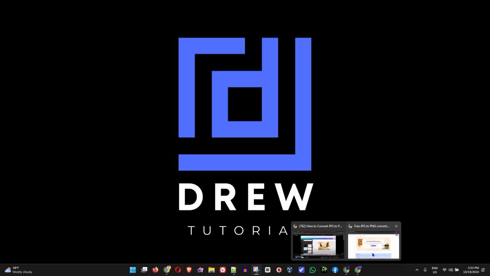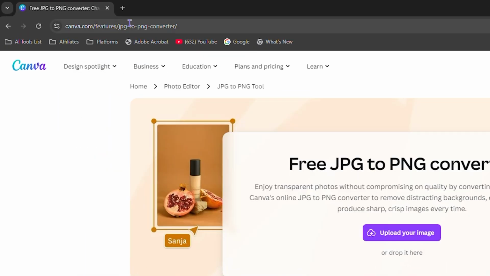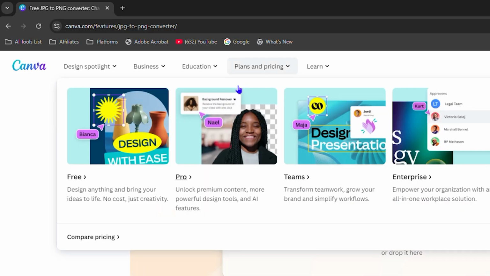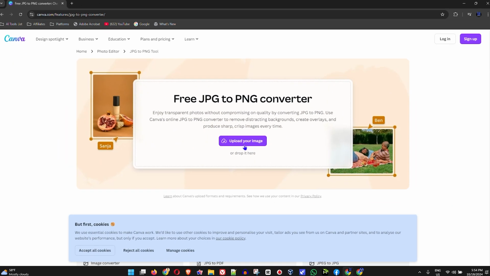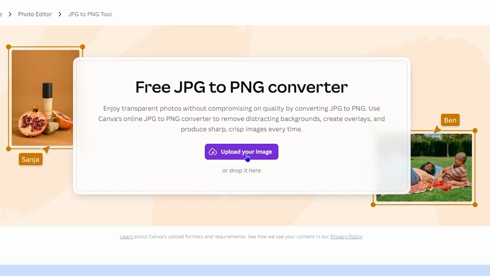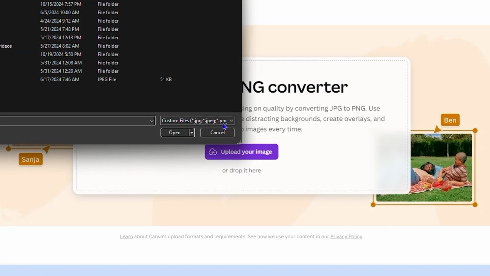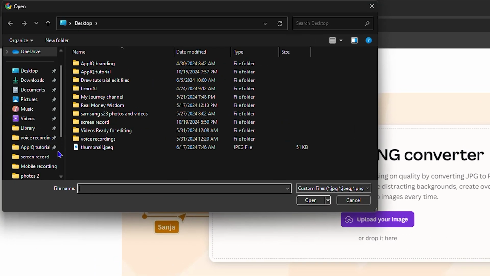So go ahead and open up your browser and go to canva.com/features JPG to PNG converter. But don't worry, you will find this within the description of this video as well. Now, all you have to do is simply upload that image. You can simply drag that image here, or you can simply click the upload button and find that image that